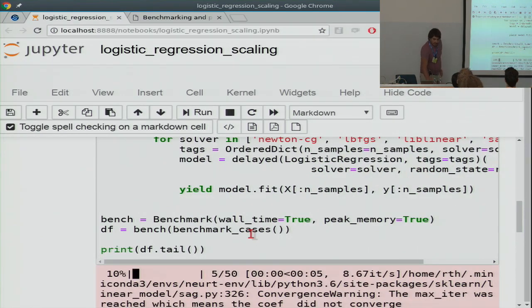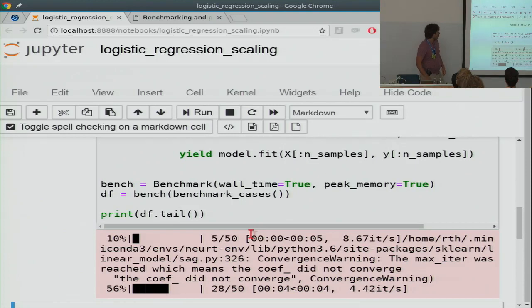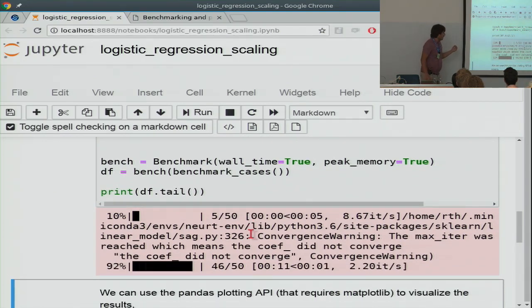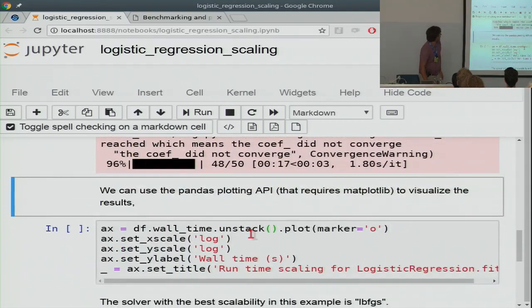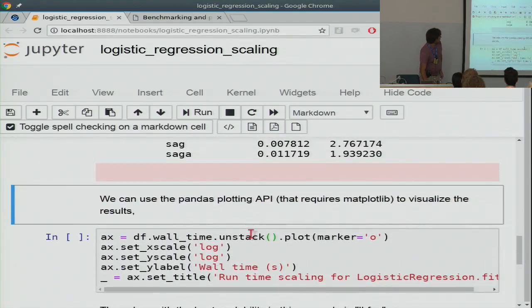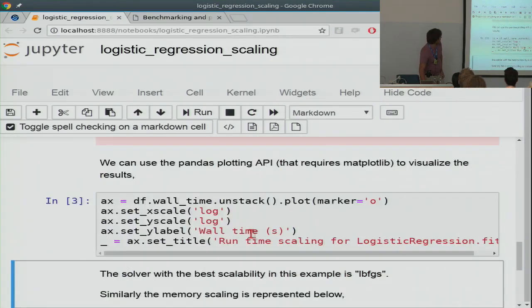When we run this, we get a progress bar, which is nice if you have a large number of benchmarks to know how long it will take. And because what we get is a pandas data frame, we can use the plotting ability of pandas to easily make a plot.